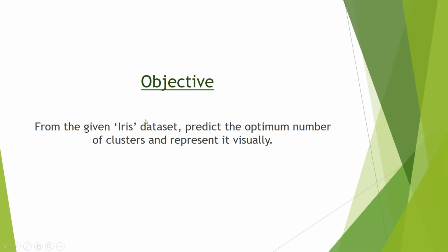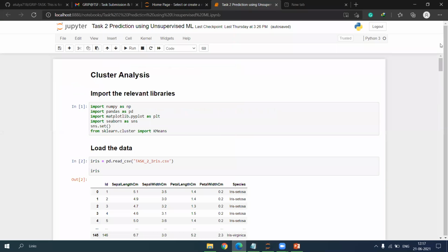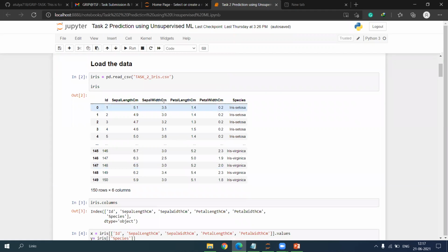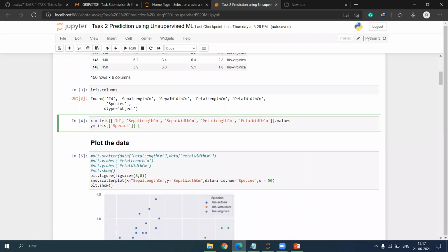Now let's jump into the Jupyter notebook where I have performed the clustering analysis, starting with importing important libraries to perform k-means clustering using sklearn. I have imported the Iris dataset which was given to us. Here you can see it. Now assigning variables